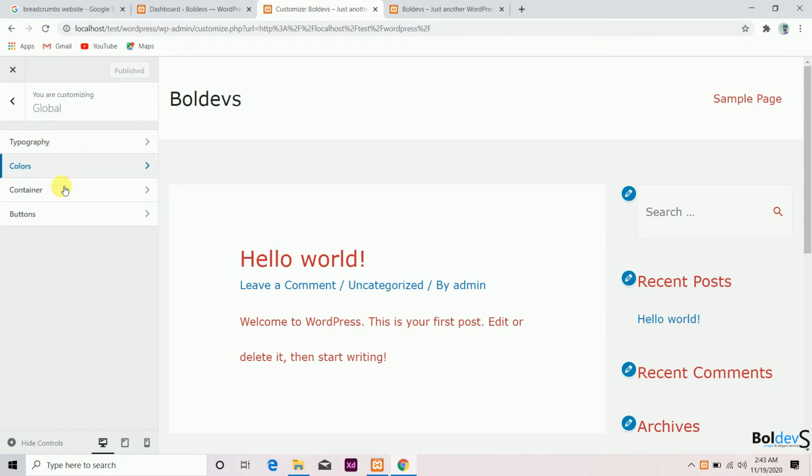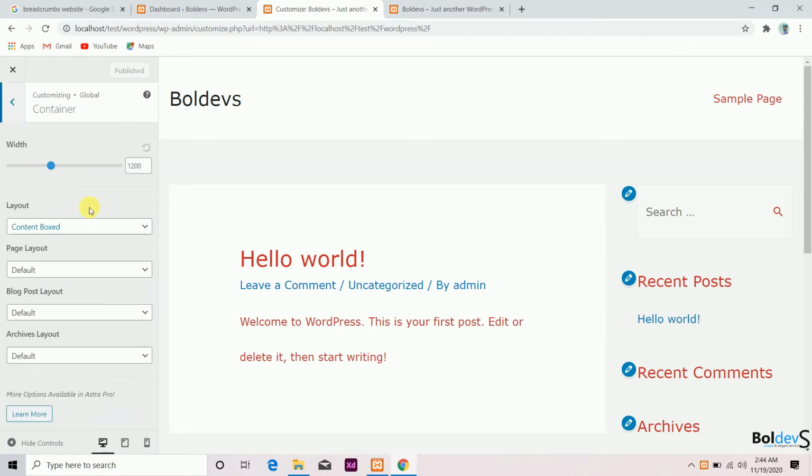Here you can see container. Container is nothing but the page layout. You have to select the page layout like default, boxed, content boxed, full width, a set of options here. Coming to container settings, it is recommended to change the container settings according to the page, because if we change these settings here, they are applied globally. So each and every page container will follow this setting. I will be explaining this in another module. There will be a separate video on how we can build a page using a page builder plugin. There you can see some options related to containers.